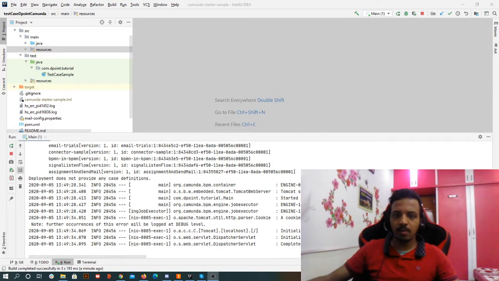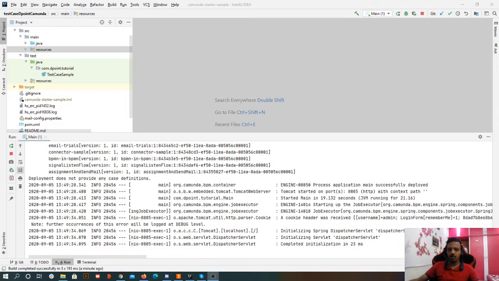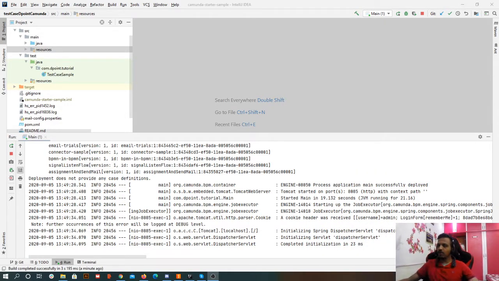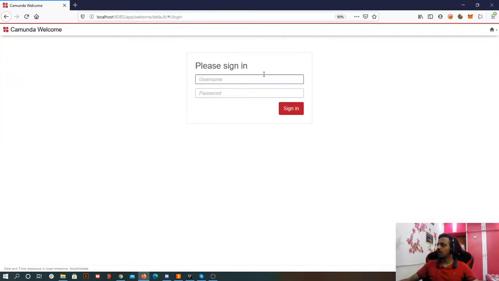So here my application started. Let me minimize my webcam. Yeah, now it is visible, right? So it is running on 8085. Let me open Firefox. Here we go, and as usual our username is you, password is you, sign in,